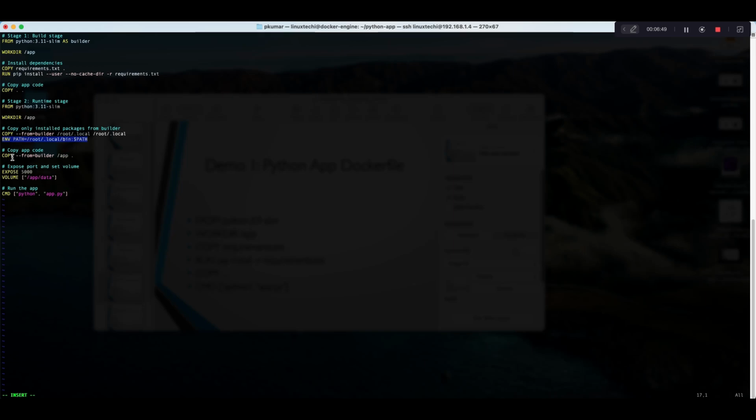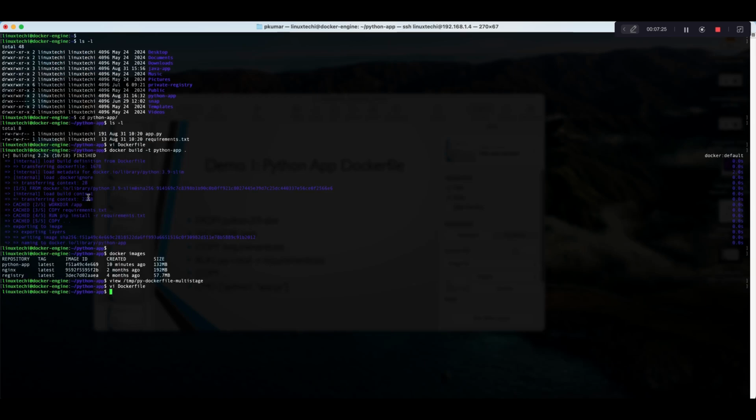Once it is done, I am copying the app code and then exposing the app on port 5000, defining the volume for our app under /app/data, and then starting the app using the Python command. So this CMD, whenever a container is started using this image, will run the command python app.py, which ultimately starts our application. Now save and close the file